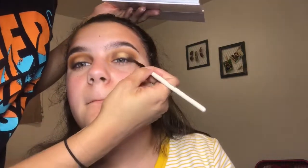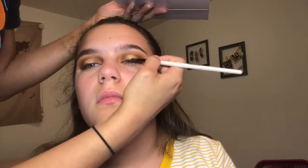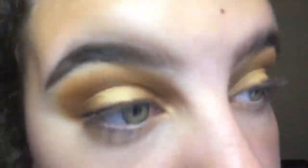While she's making crazy faces here, I'm using the Luxie 532 round top blender brush just to wipe away that powder that I put there to create a sharp line as well as any fallout from the shadows so far. Then going back with that Morphe liner brush with the shade Prowl, again, just darkening up the outside. And since I'm not going to be putting a liner on her today, I'm also taking that farther around her upper lash line to create the effect of a soft brown liner, just to make the look a little more